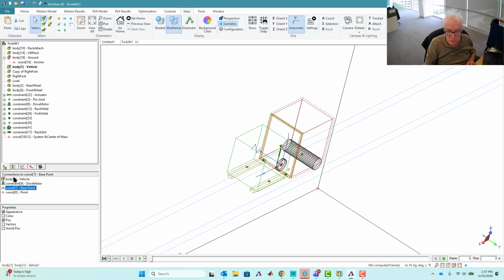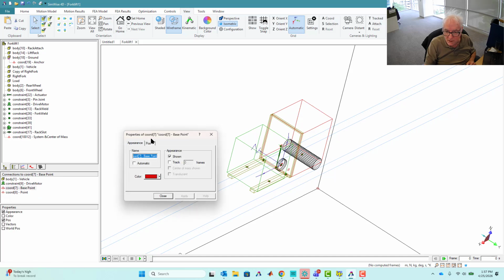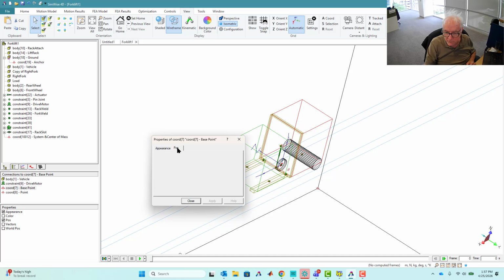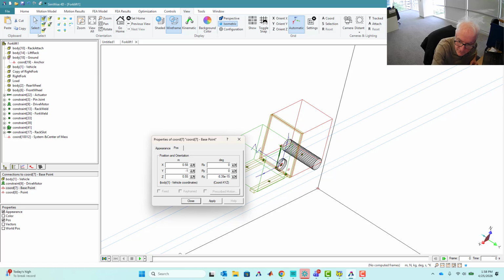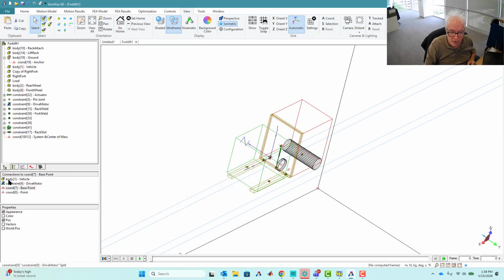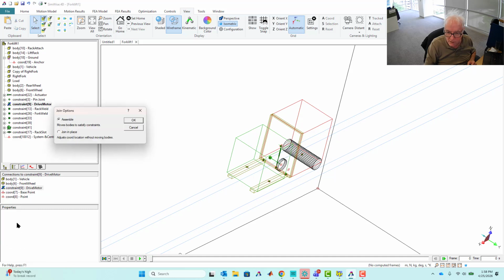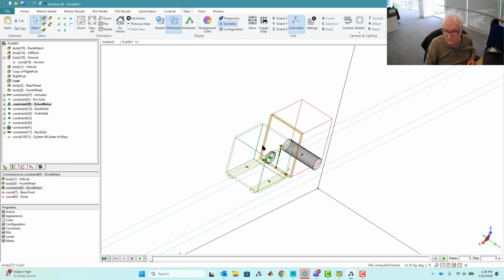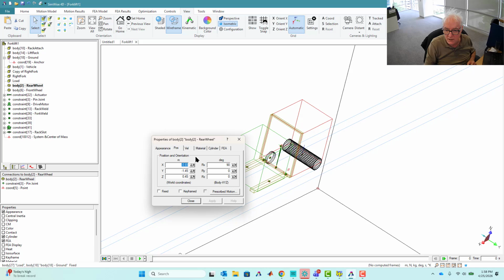And it's this base point connected to the vehicle, and it's pretty much what we did before, which is make Z equal to 0.55. All right, mouse click, join, and this will be an assemble option. Again, it moves the tires we need. All right, in this one,